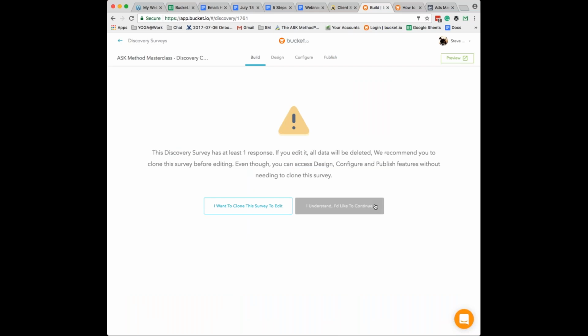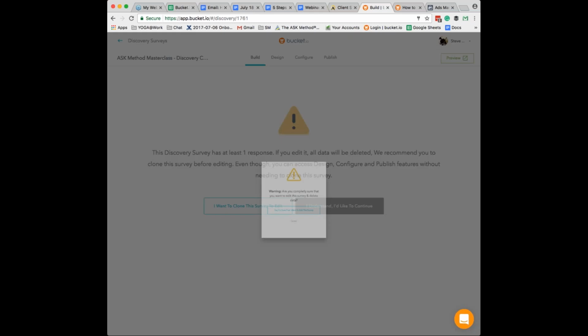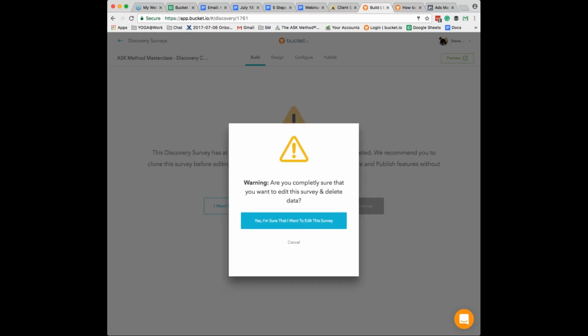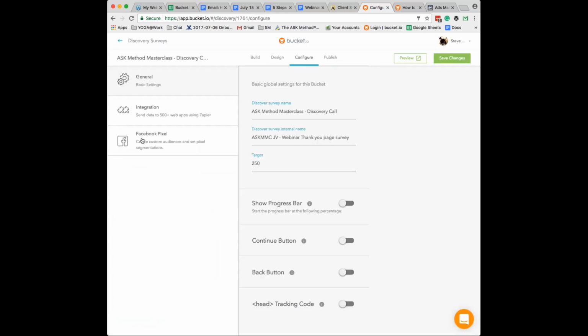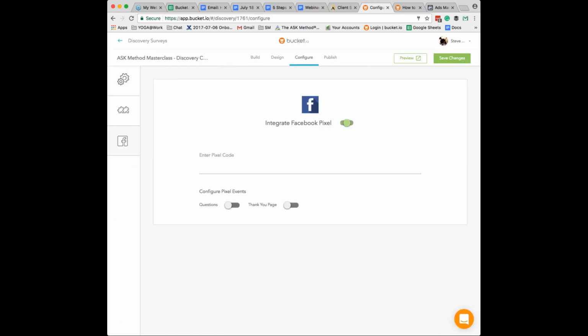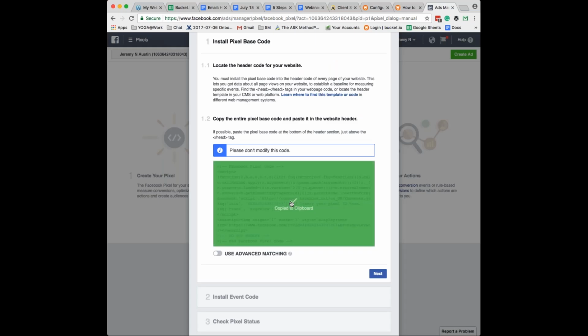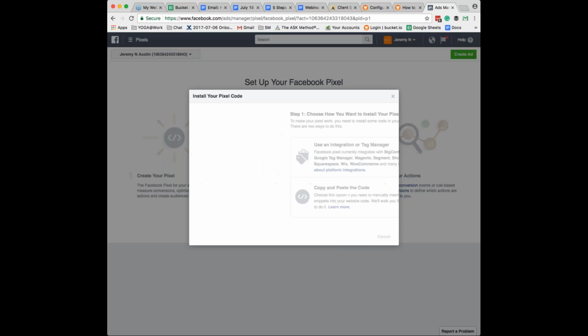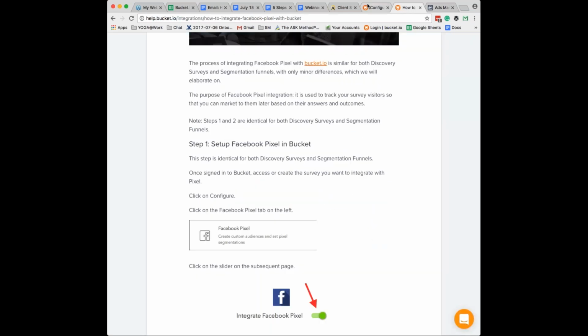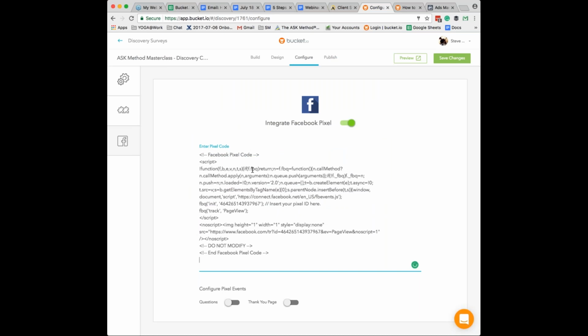Let's edit this one. And yes, I do understand this is, of course, not active, I mean, it's active, but we're not using it for anything. So let's go once again to configure and go over to Facebook Pixel, set it up, and remember, we want to copy that Facebook Pixel code, and go back over here, punch that in,